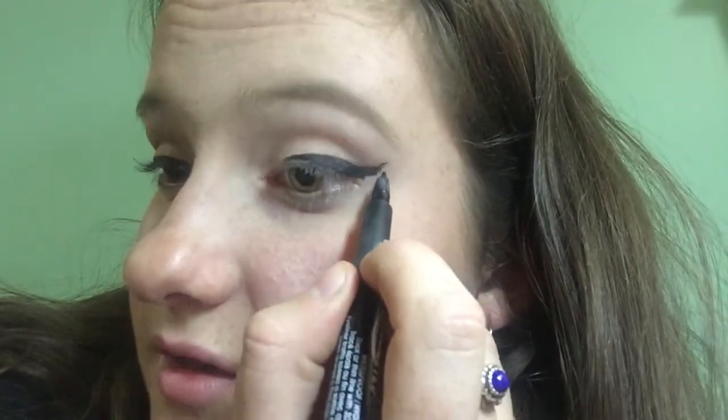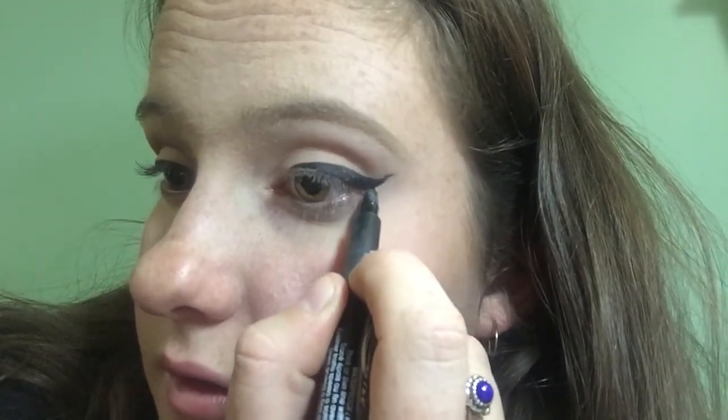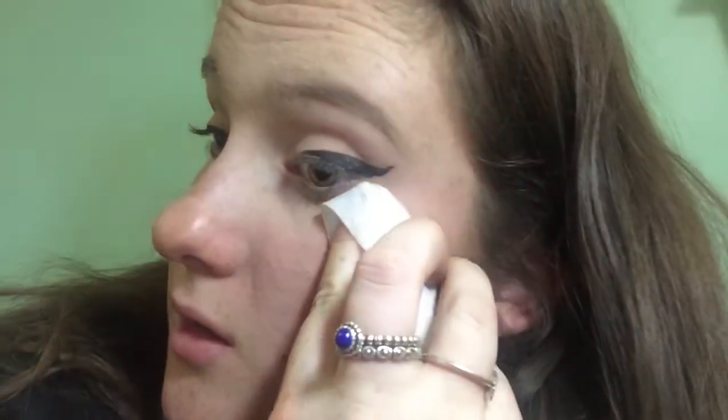So I've used, oh gosh, apologies there for the messiness. If your eyeliner ends up being a little bit messy like that, you can either try and cover it with concealer, or another trick is to grab a makeup wipe. Just use your dominant pointer finger if you want to, and just very carefully